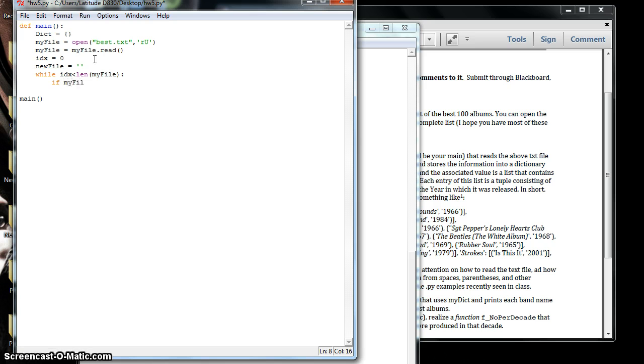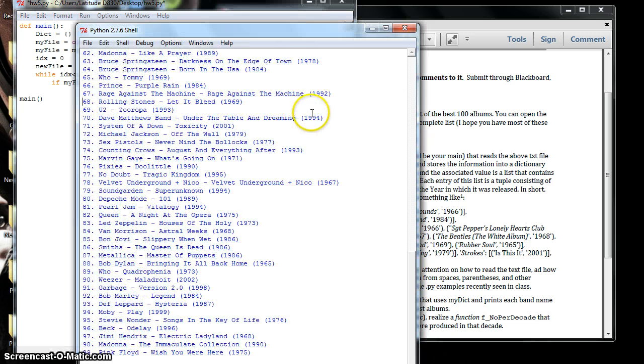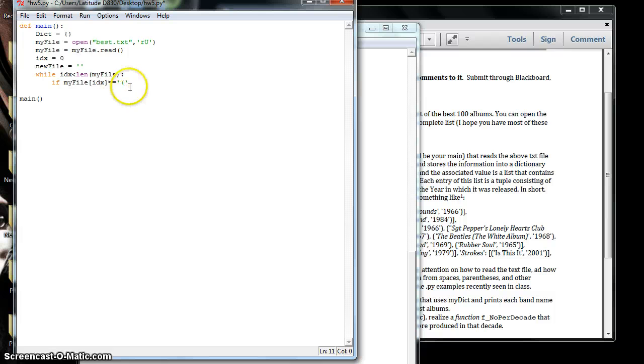if that string equals an open parentheses, which would be where the years are. If that's the case, then we want our new file to add a dash. Instead of open parentheses, we'll have a dash, and that's because we're going to do a sort of a split, and this will help us do it a whole lot easier. And then we'll increment index, and